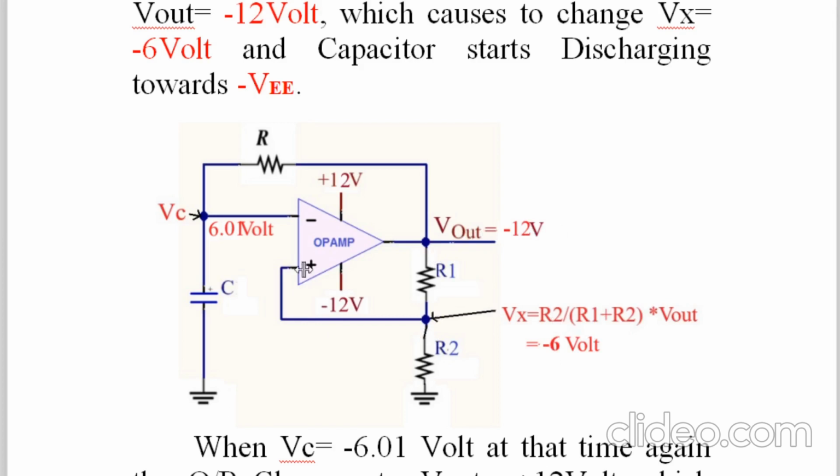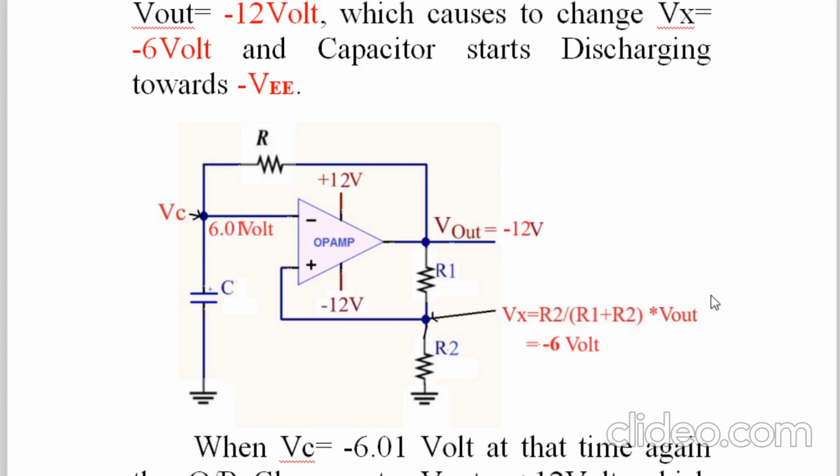So I have not written it over here, so you have to look at this point. It is minus 6. So this is one thing that happens. And secondly, now the output minus 12 volt is permanently connected through R to the capacitor. So the capacitor, which was charged to 6.01 volt or just above 6 volt, will now start discharging, because this terminal is at a very low negative voltage, minus 12 volt. So as compared to plus 6 volt of the capacitor, this is minus 12 volt. So it is a very negative voltage. Therefore, the capacitor's discharging action will start from 6 volt.